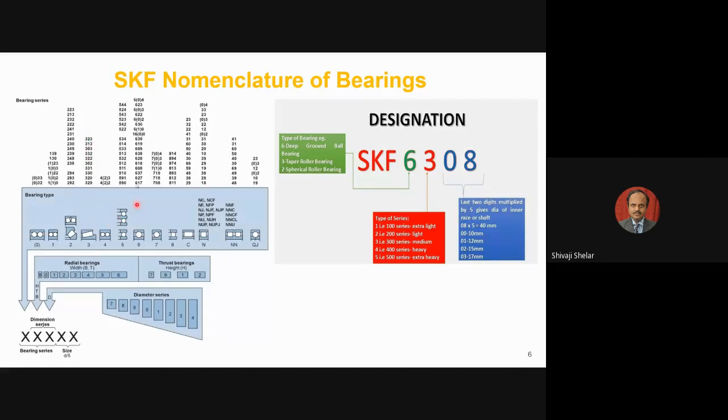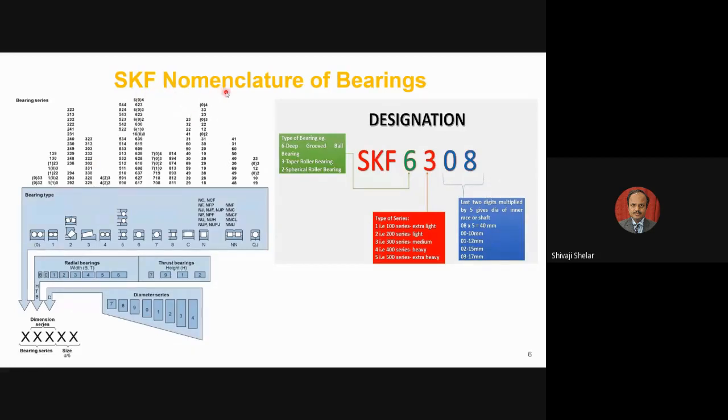And the 6 series is for the deep groove ball bearing, single row ball bearing. So 620, 638 series, 628 series, 618 series, depending upon your width and diameter series, you can have numerous series. See, they have given very few variations here. Then we can have angular contact bearing. So this indicates here the type of bearing. This is the SKF nomenclature.